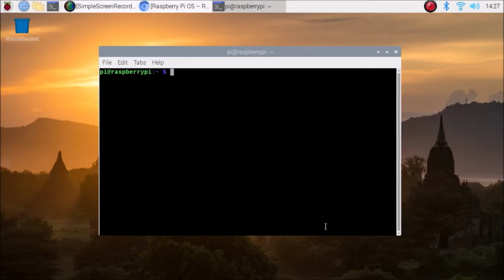In this session we are going to see how to set up a Raspberry Pi for Wi-Fi using RPi Imager